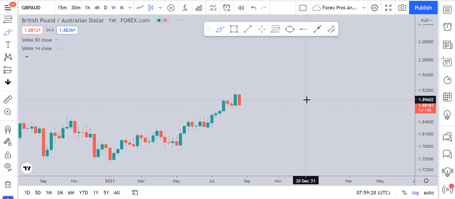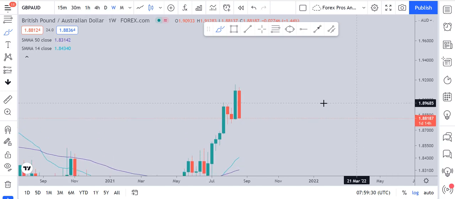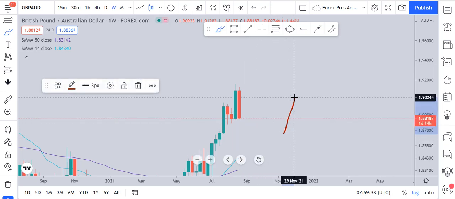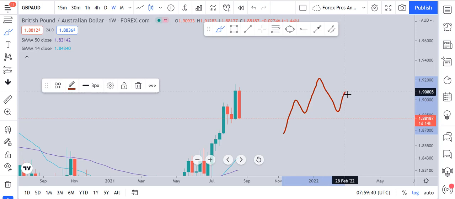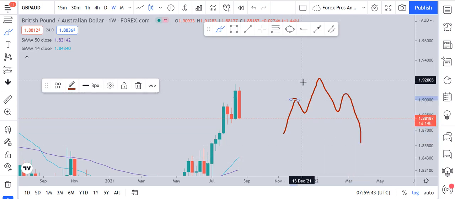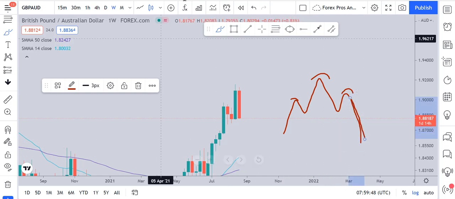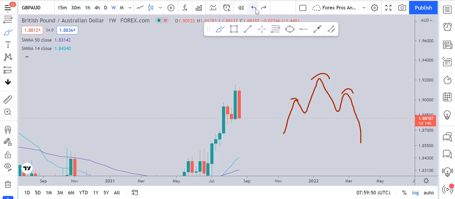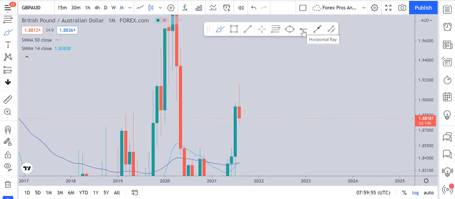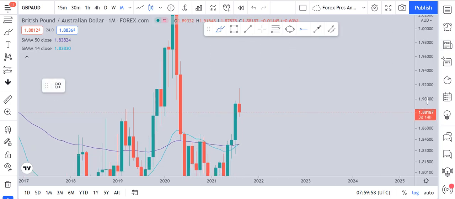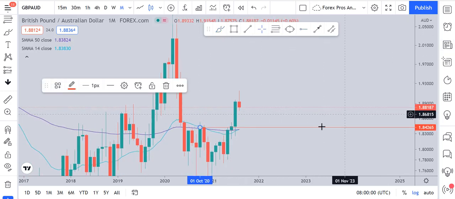On the weekly time frame, things are very interesting, and my signal was based on the weekly time frame. Another pattern which we have discussed multiple times is the head and shoulders pattern. When the market makes one shoulder, the head and the second shoulder, afterwards we expect a huge move to the downside. Going back to the monthly time frame, I missed a small thing: we will be taking this resistance as our target to the downside.